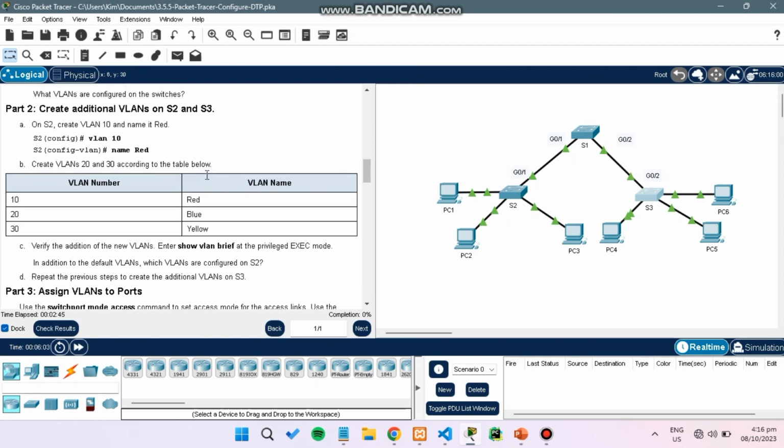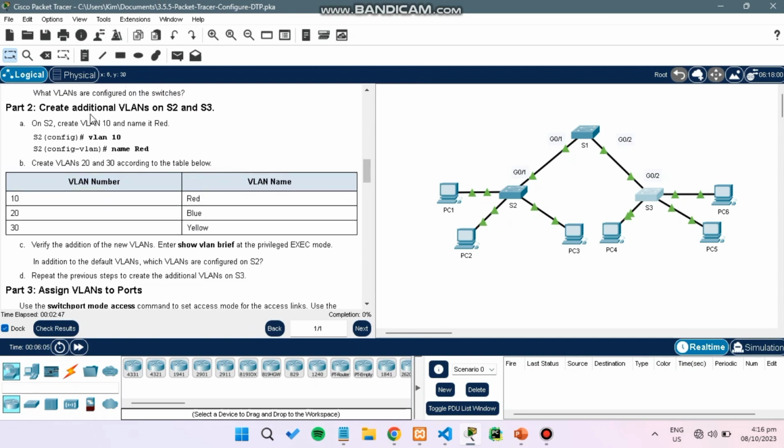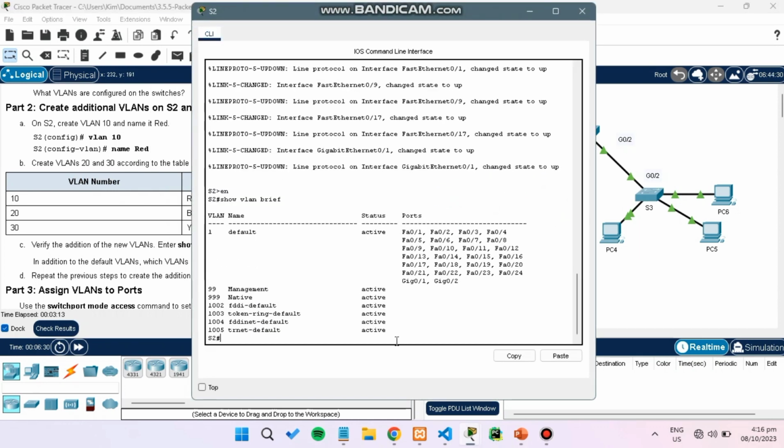So next, part 2. Create additional VLANs on S2 and S3. On S2, create VLAN 10 and name it red. So next is create VLANs 20 and 30 according to the table. So here's the table that we're going to follow, and it says that we're going to create additional VLANs on S2 and S3. So click S2 first and then configure terminal,